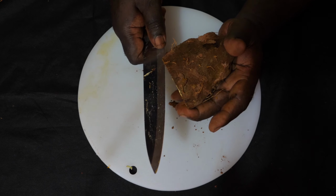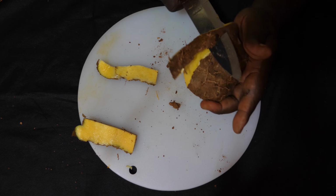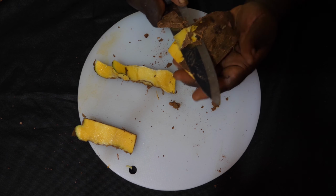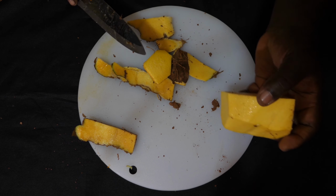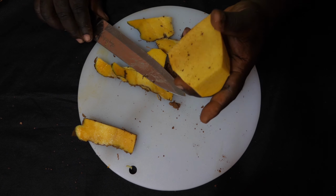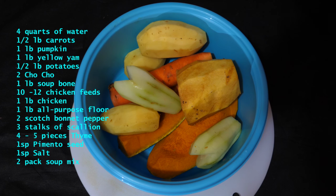Yellow yams. So because this yam was cut already, the piece is dry, so don't need to. So these pieces we don't need. So we're gonna peel our yam. So now that we peel our